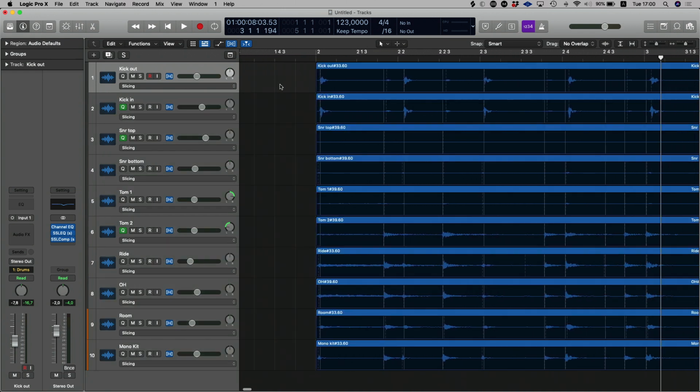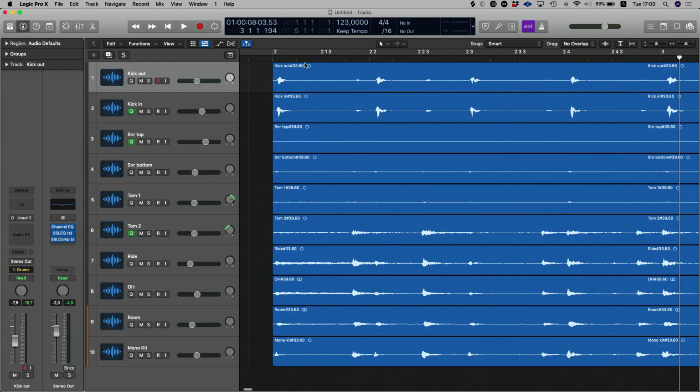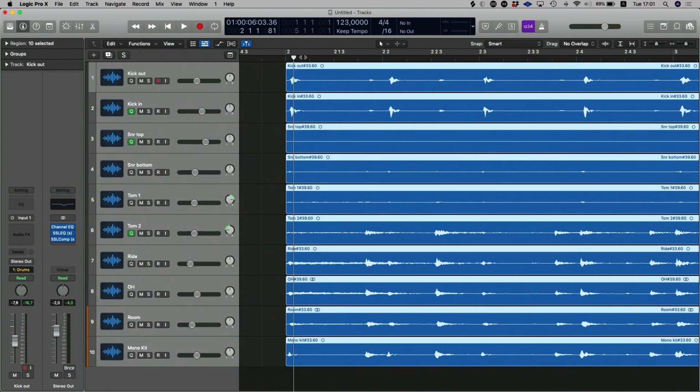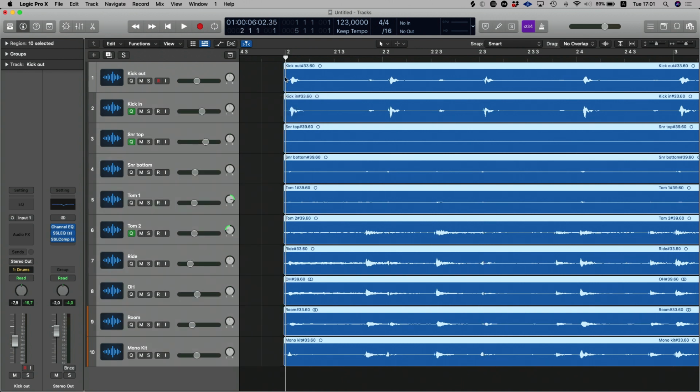Now, before we even get to quantizing, and I've done this on purpose just because this happens quite often with people, you'll see that the editing is not 100% here. My regions are cut off 100% on top of the bar line, and it's cut off there. So if I'm trying to get this transient to be on the beat, I would want a little bit of space before it just so that I'm not cutting off that transient. So what I would do is click on this side and just drag it out a hair, just so that there is a little gap for that transient to snap back to the beat